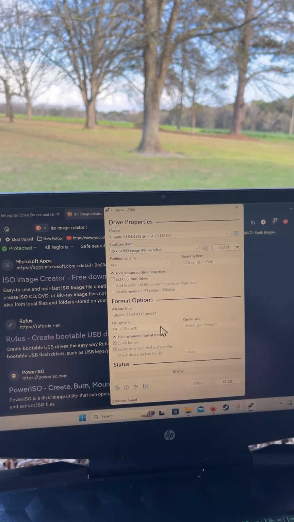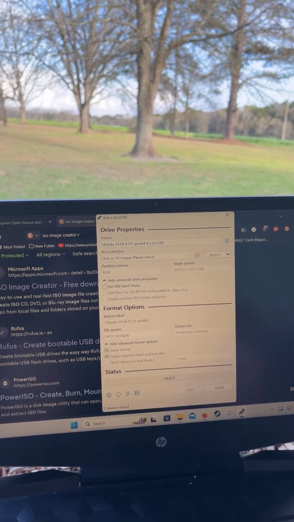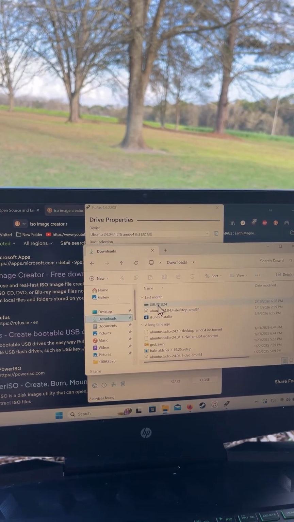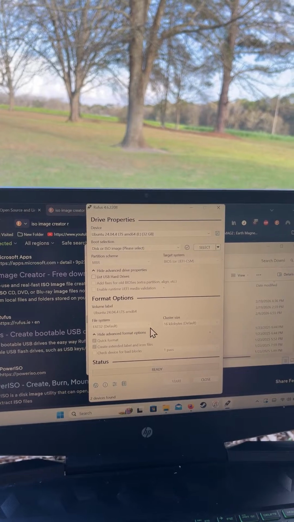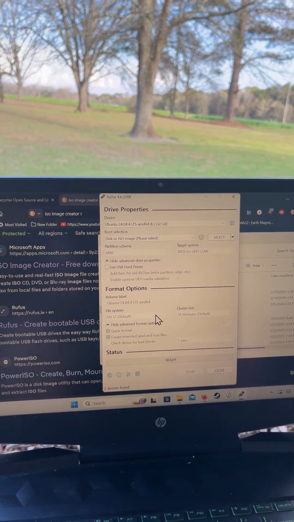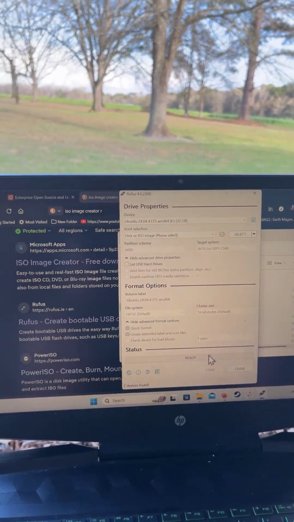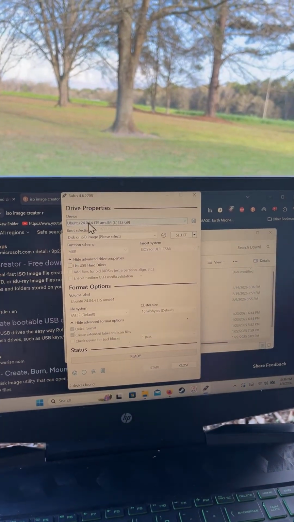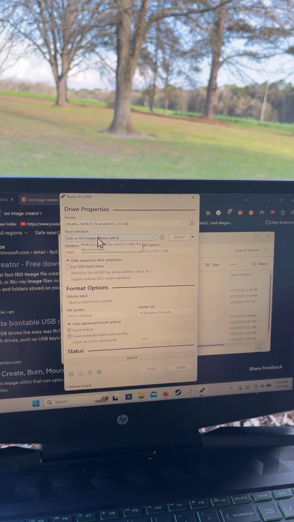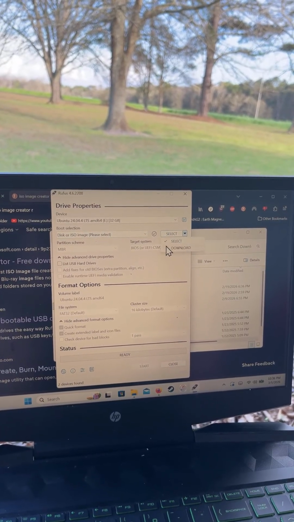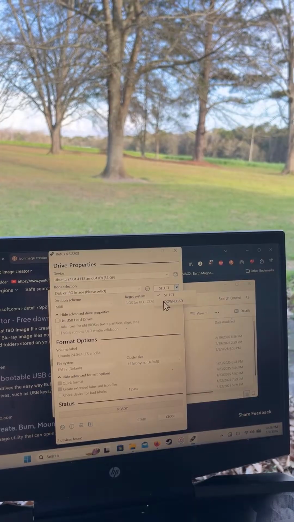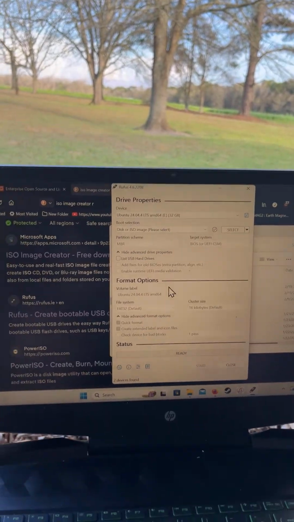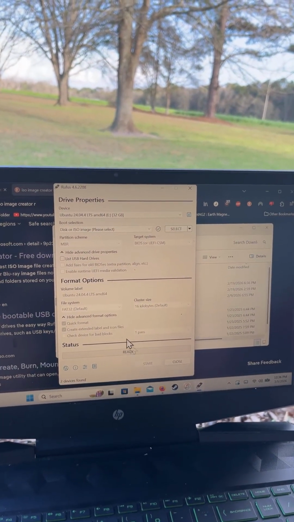It's got some potential. Anyways, you're going to select your image from your download folder, right? Bam. And then you're going to select the NTFS file system, whatever it is. And then you'll hit start. All right, so once you've got your actual file that you want to turn into an ISO, and you've already got it downloaded, you could select it to download from somewhere, but if you've got it downloaded, which is what I did, then when you've got all this stuff